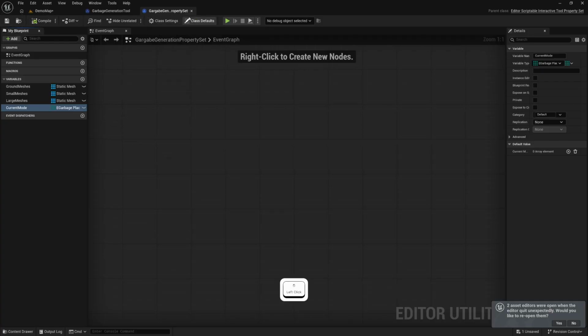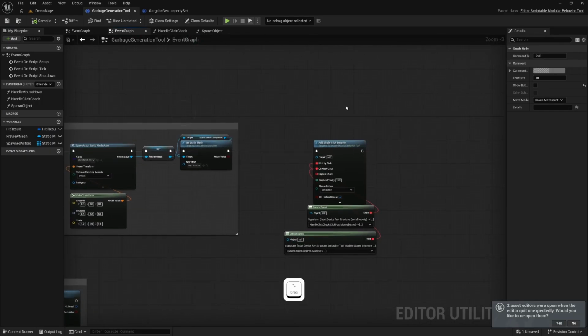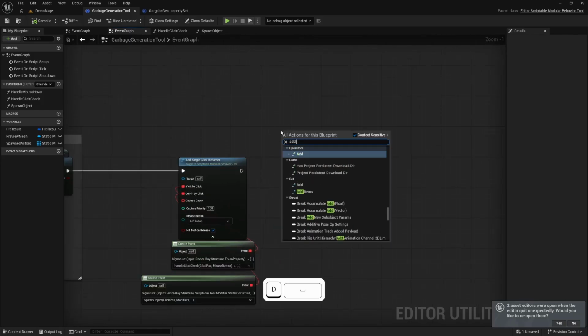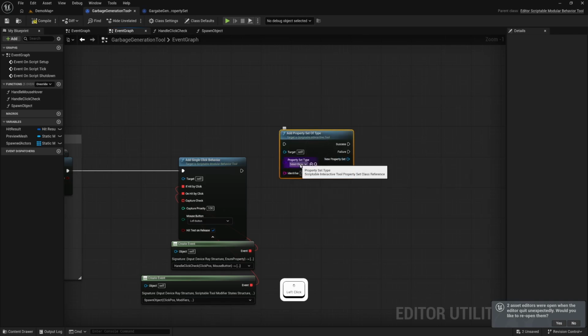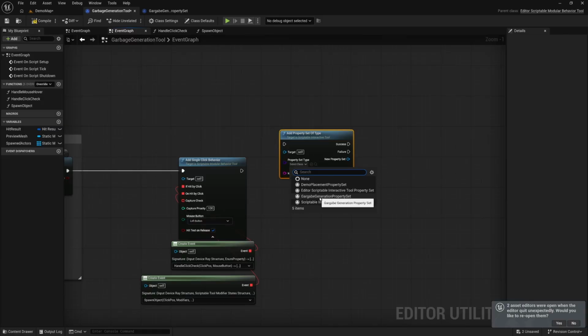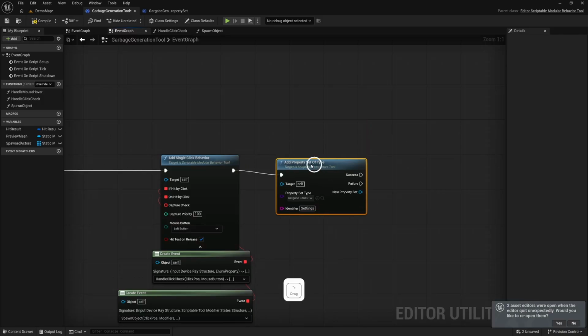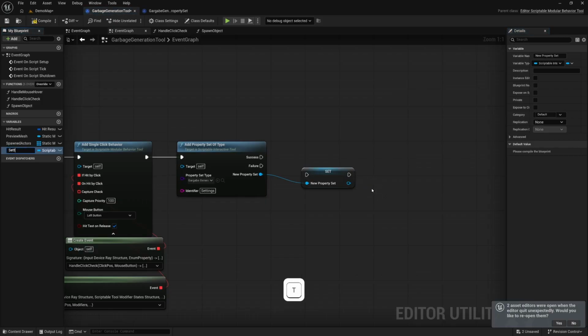But we need to connect our property set to our generation tool. For that, we also need to add it here. You can use that property set of type. Select it from created properties. Give it an identifier if needed. But basically we just need to edit and save it to a variable if it's created. Let's call it settings. Save it on success. Compile, save,